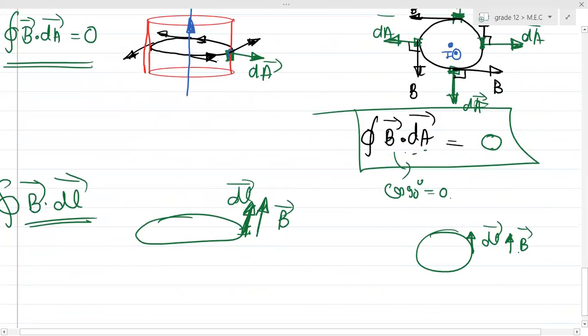So, let's see the applications of Ampere circuital law. Only symmetric cases will be there. We'll see some more questions and today we'll be done with this chapter. In the next class, I'll start with electromagnetic induction. And during the holidays, I'll complete electromagnetic induction as well. Maybe I'll start electromagnetic induction in today's class only.